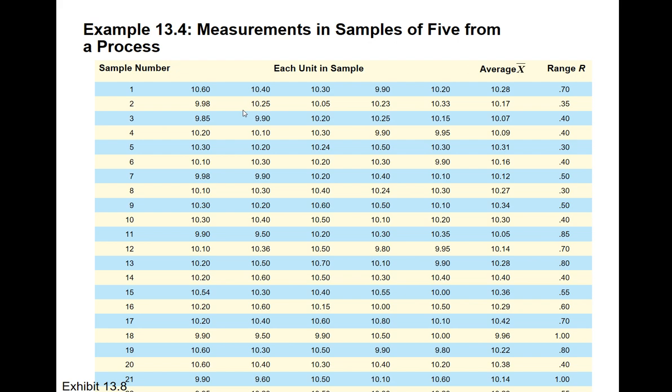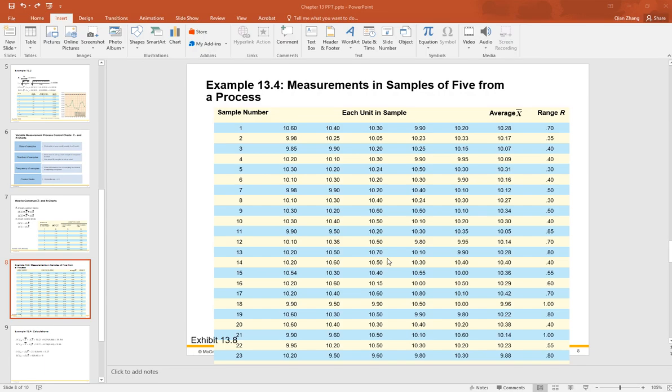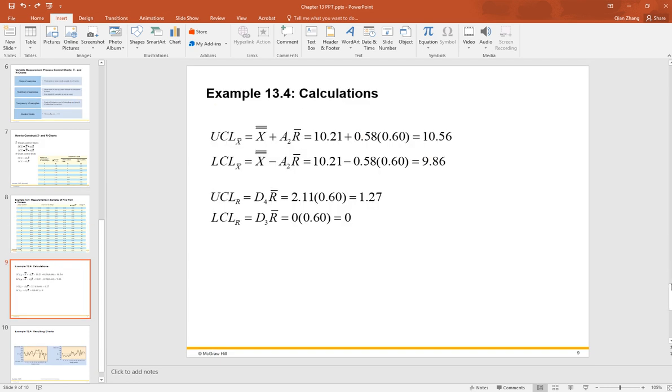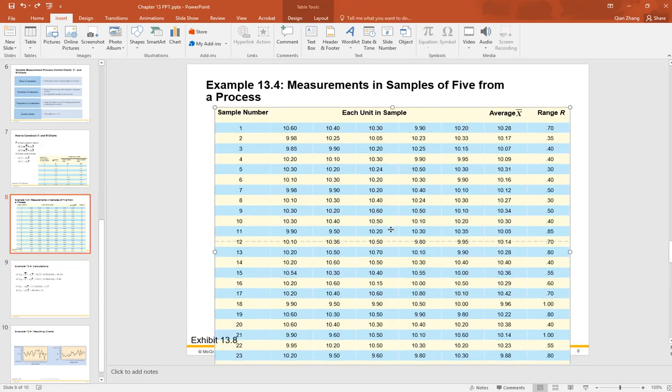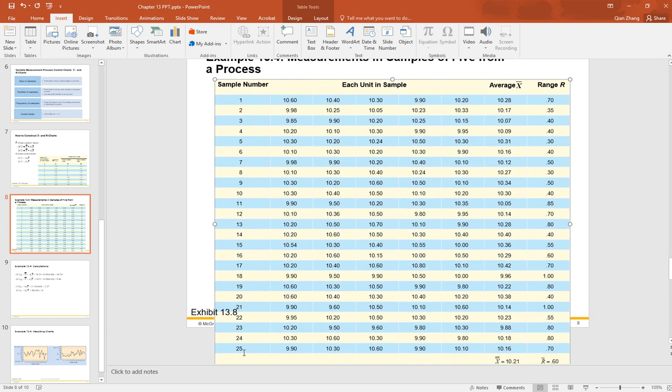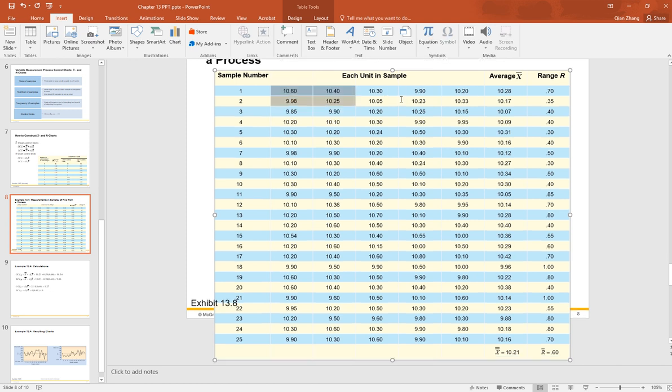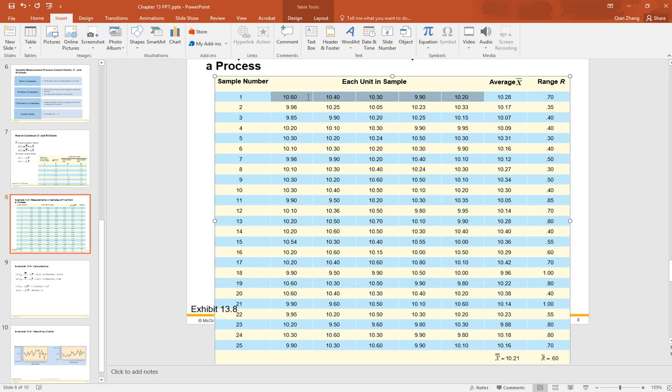So take a look at the example here. For this number here, we have 25. If I scroll down a little bit, we have 25 samples. And for each sample, we have 1, 2, 3, 4, 5. We have a sample size of 5 here. So in each sample, we have 5 units. And what is X double bar? So the first thing you need is to calculate the